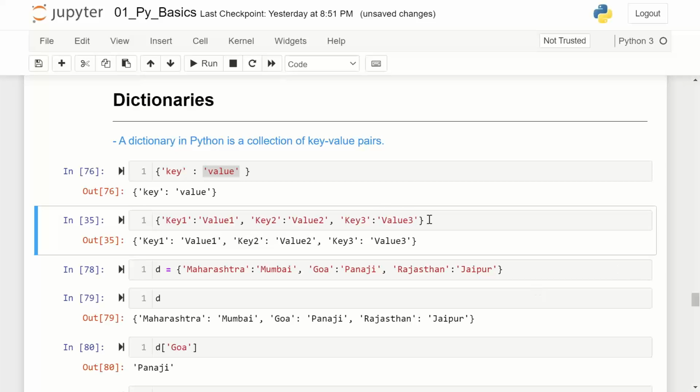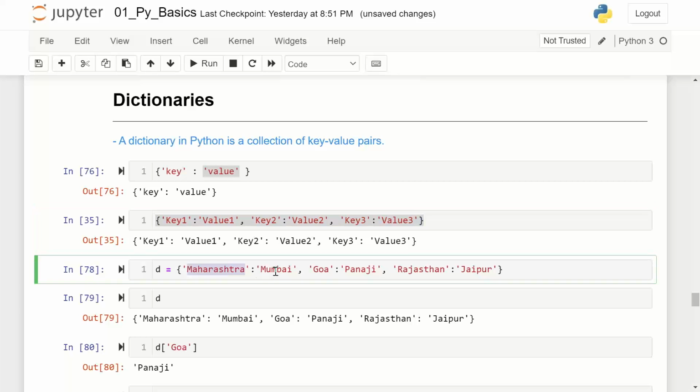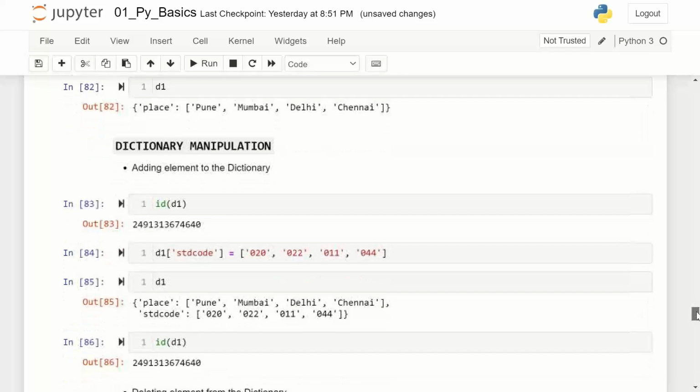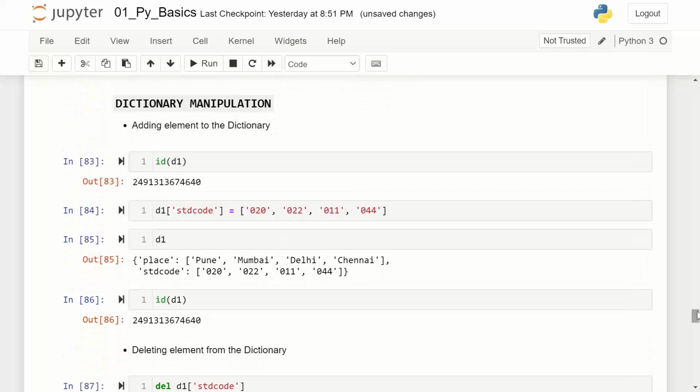So this is a quick example of dictionary. I can create state capital, union territories, all of that. I can do that. I can modify dictionary also. So here